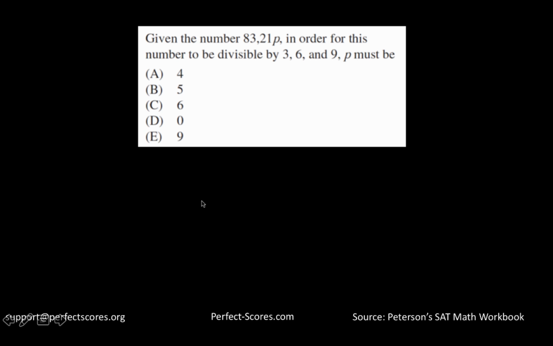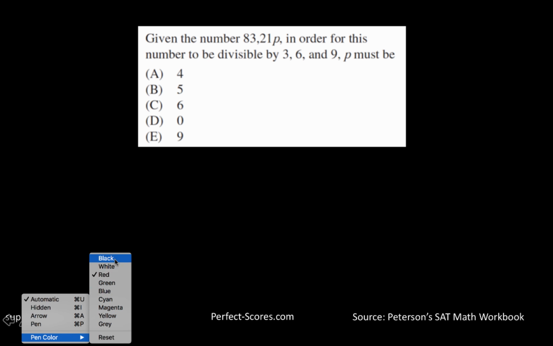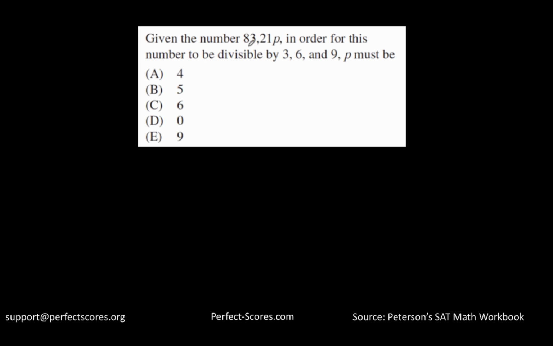Moving on. So this looks like a little tricky question. So this says that given that the number is 8321p. In order for this number to be divisible by 3, 6, and 9, p must be. Okay, so 8 plus 3 plus 2 plus 1 plus p. That is actually going to be 12 plus 3 plus p, which is going to be